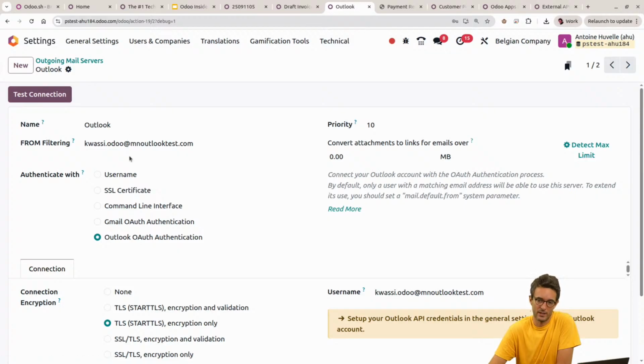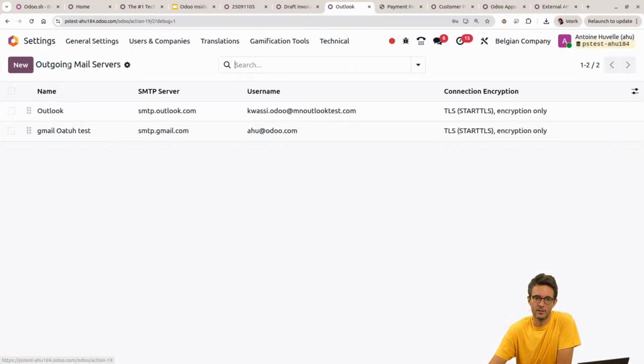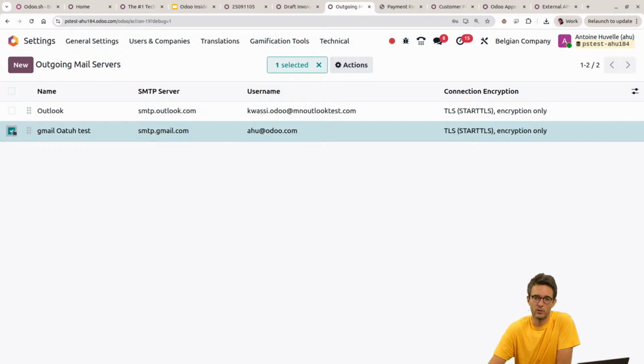That's a test that we could make. Let's imagine that the from filtering here wouldn't work because you would have the same person for the same username using 3 different emails. Maybe you should create access rights so that when you are in one company, Odoo doesn't see the other